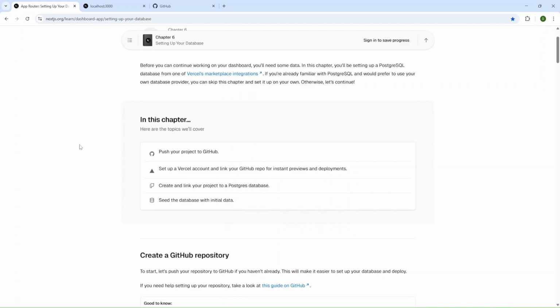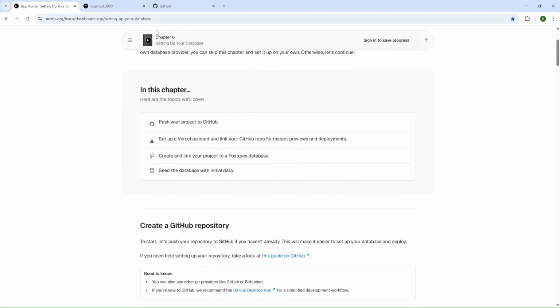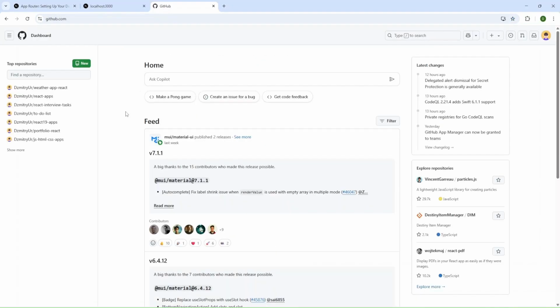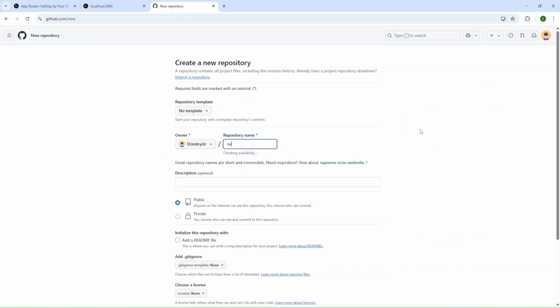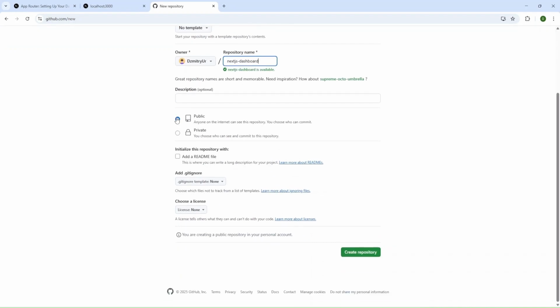I'm going to push my project to GitHub and set up a Vercel account and link my GitHub repo. First of all, I need to open my GitHub account, and if you don't have a GitHub account, you can create one. Then I'm going to create a new repository and provide a repository name like Next.js dashboard. And I'll make it public